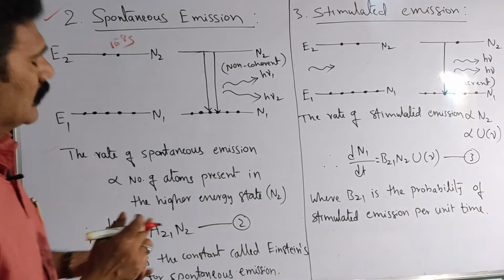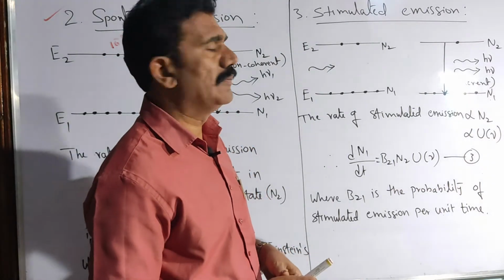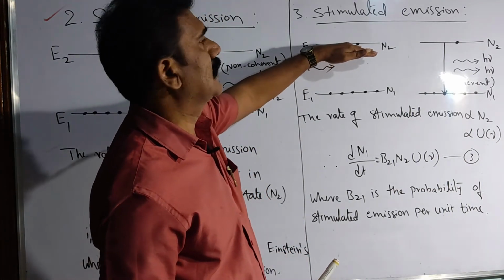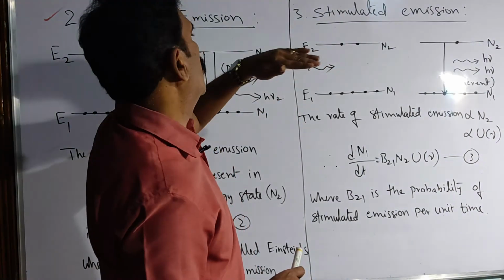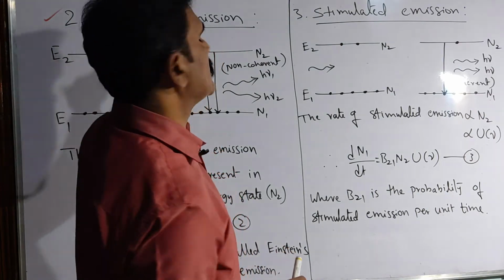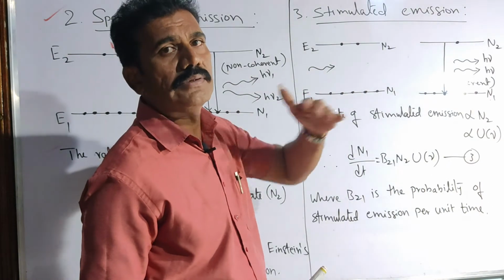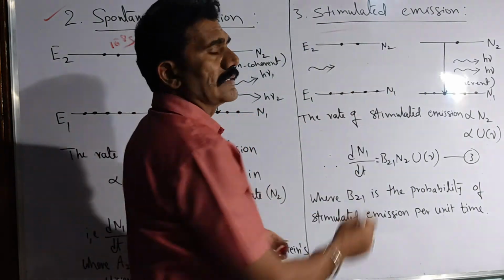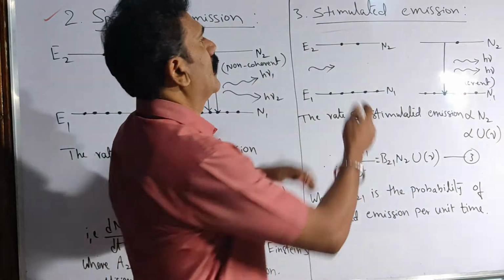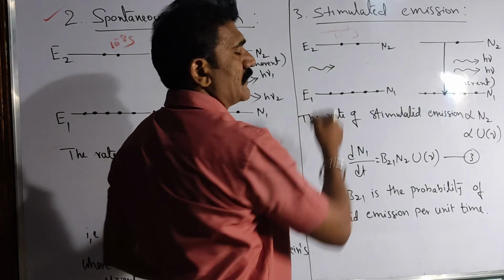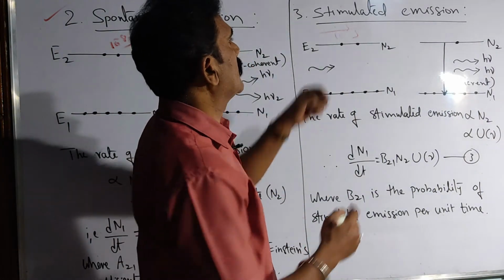Clear? Now the next mechanism, look here: stimulated emission. In stimulated emission, the atoms present in the excited state, in fact this is not called the excited state where the atom can stay for the order of 10 power of minus 8 seconds. These energy states may be considered metastable states or intermediate energy states. Above this there may be an excited state, but here the atoms are available for a longer period, in the order of 10 power of minus 3 seconds, which is a longer time compared to 10 power of minus 8 second.